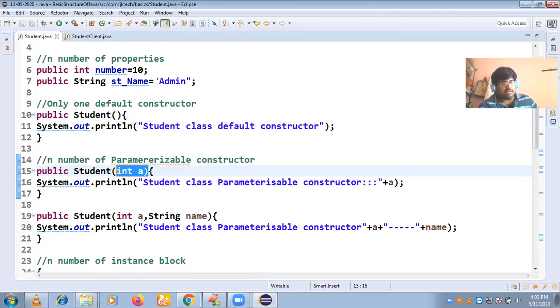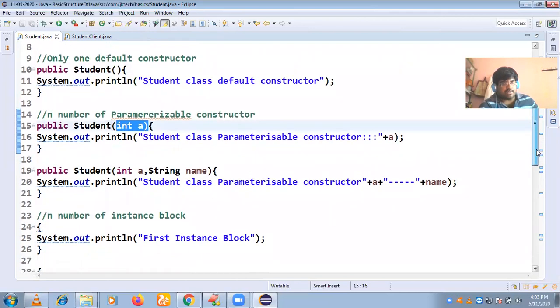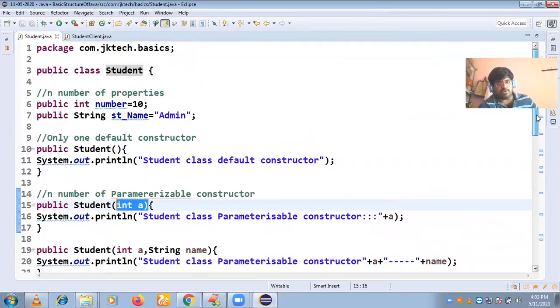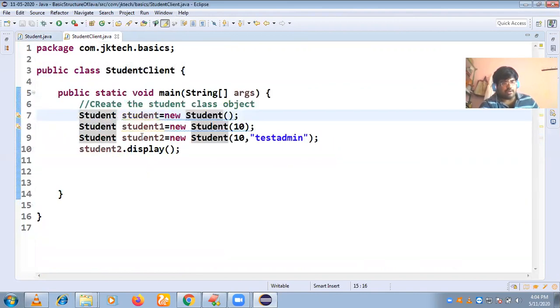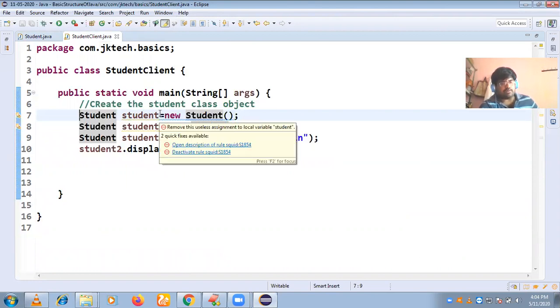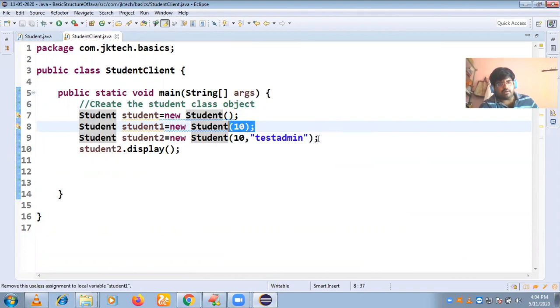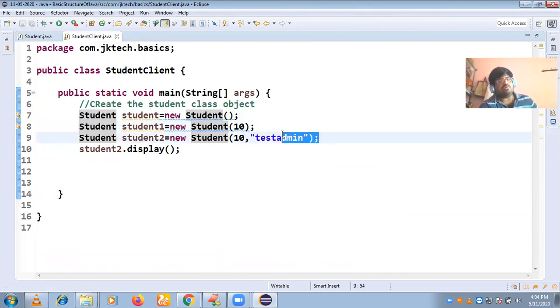It is not considering the static block again, it is always considering only the instance block. Whenever you are creating an object, the instance block will be executed automatically. So how many objects am I creating here? Student, student 1, student 3. This student class contains two instance blocks, so whenever you create this class object, two instance blocks will be executed, for each of the three objects.